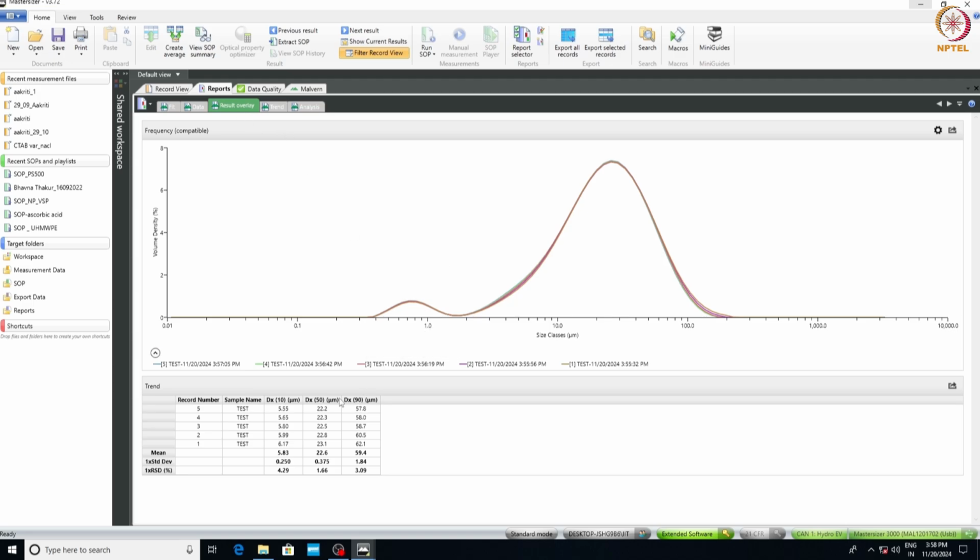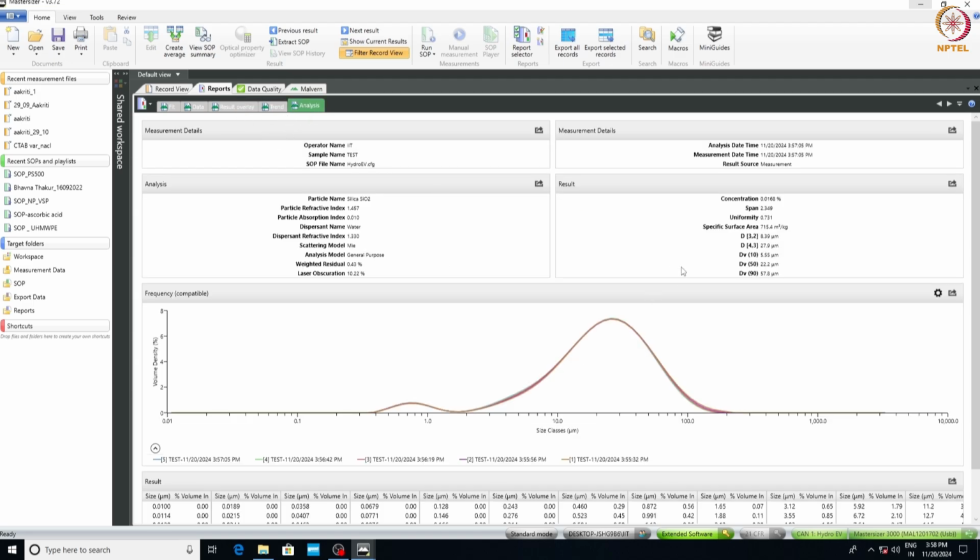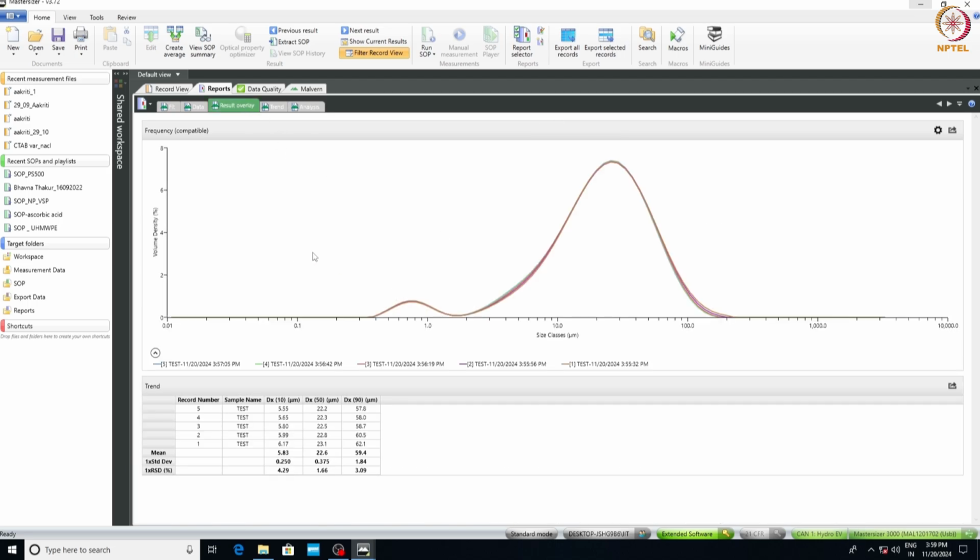In the analysis tab, we'll see D32 is 8.39 microns, D43 is 27.9 microns, and D10 is 5.55 microns. D50 is 22.2 microns, and D90 is 57.8 microns. Now export the data.